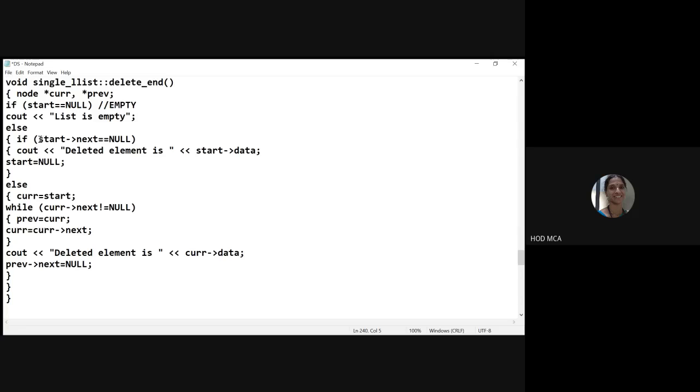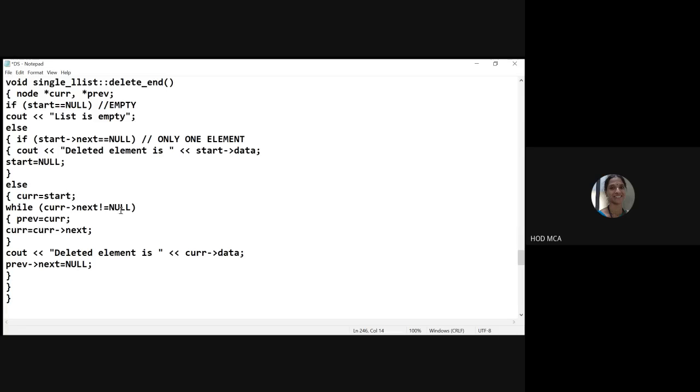Next, if you are having only one element in the list, all these conditions will hold here also. There is no end, there is no beginning, there is only one element. So you delete that element and you initialize start is equal to null and you come out. Else means you have so many elements in the list, but you want to delete the last element. So I will take a pointer called current, initialize it to start.